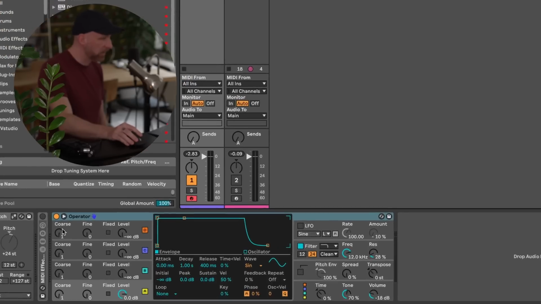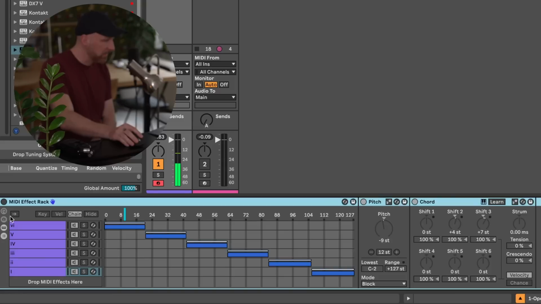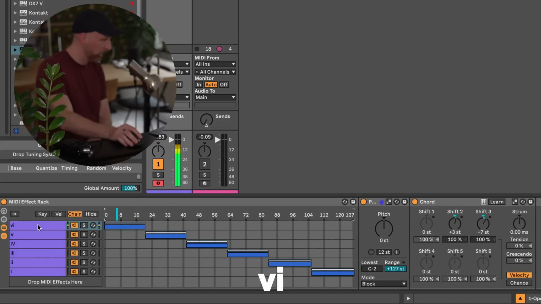So picture this. I've just got an operator playing. So when I hit a note on my piano, I'm just triggering a little saw wave. And I've created this MIDI effect track that has 6 channels in it, one for each of the most commonly used chords. So if my selector of the chain is here, it's going to trigger a minor chord, and then it's going to trigger the chord below that, the 5, the 4, the 3, the 2, the 1. So if I wanted to do one of the most common chord progressions in the world, it would be something like